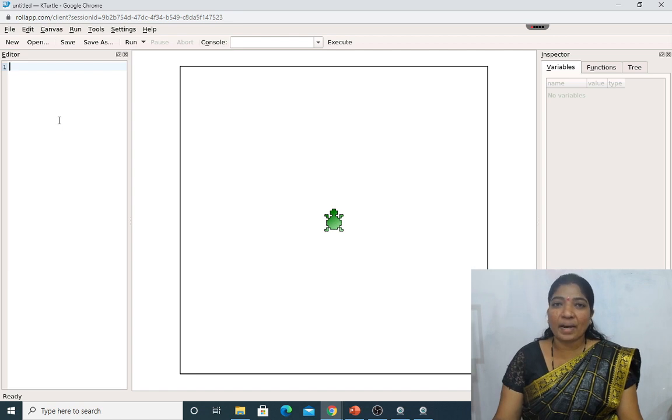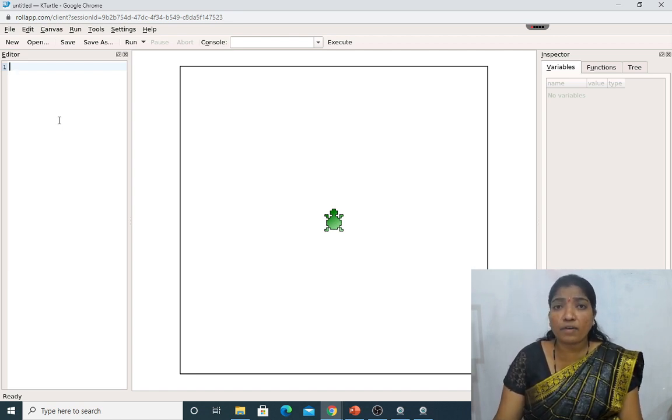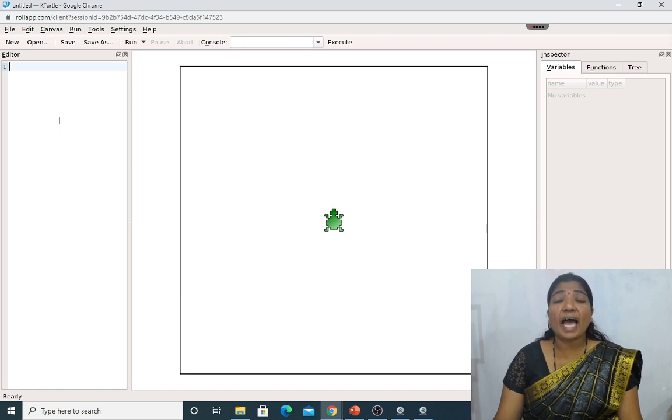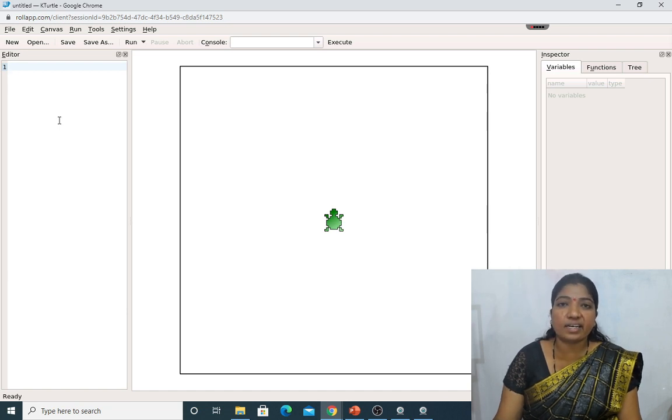Let us see one by one. As you all know, KTurtle is an open source software. We have to log in with the email ID and password created in the KTurtle application software.